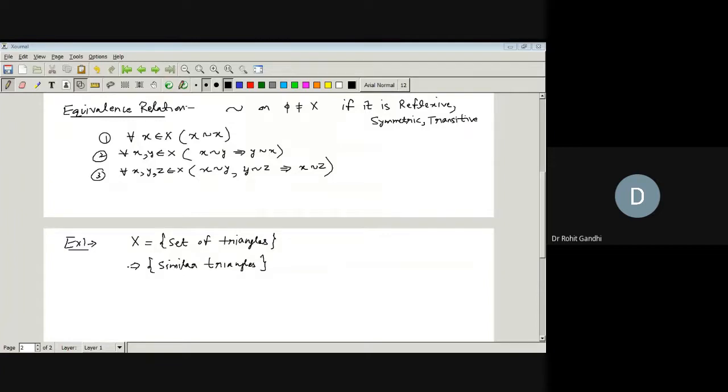Similar का मतलब आपको पता ही है, right? दो triangles आपस में similar हैं, just like congruence. Congruence में क्या होता है, हमारे पास दो triangles congruent तब होती हैं जब वो same shape और same size की हों, right? And we will call them similar जब उनकी corresponding sides का जो ratio है वो हमारे पास same है.